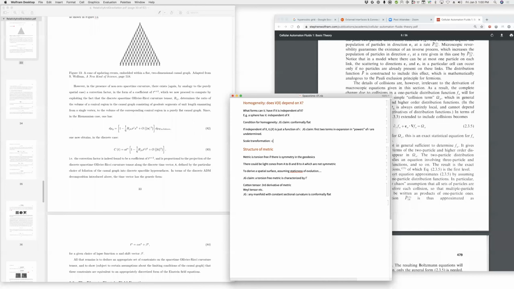Scale transformation, change the value of r. What happens to this, v sub r? Right, because that's it. So one possibility is that it could have simple scaling under that. So that's the case of a homogeneous thing, and that's where the renormalization group potentially comes in. Does it approach?